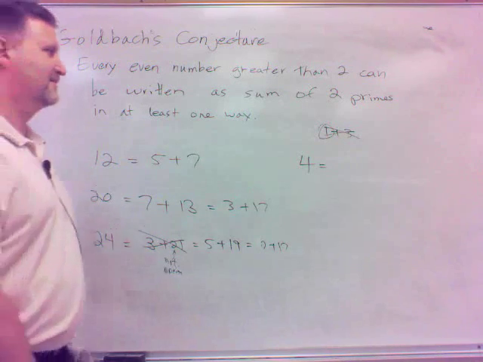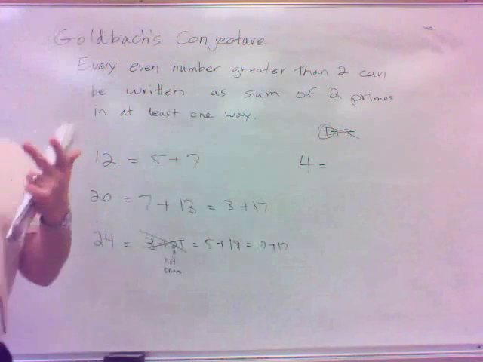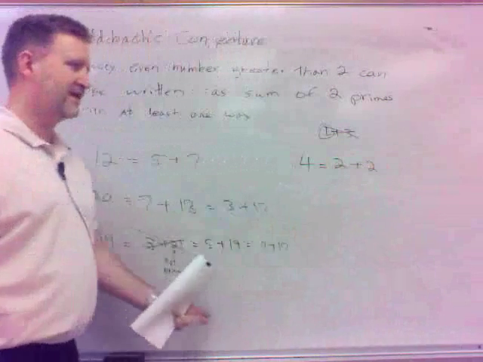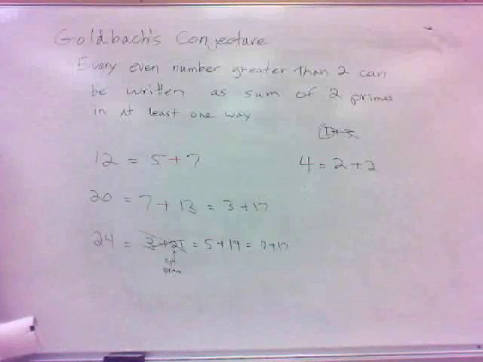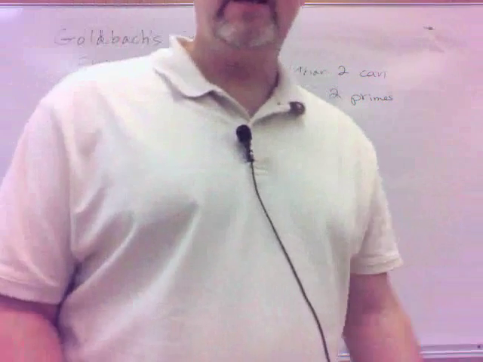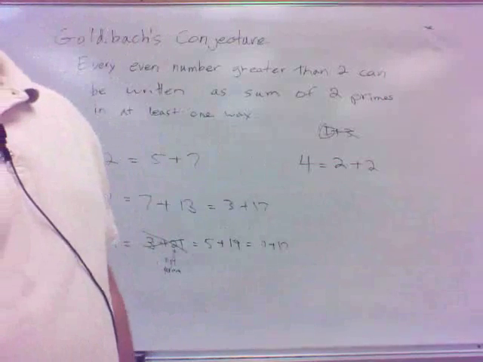So it wouldn't verify Goldbach. Now this one we'd have to use 2 of the same, wouldn't we? 2 and 2? Yeah, it doesn't say it has to be 2 different primes. So you could do 4 with 2 and 2, just like you could do 10 with 5 and 5. You could do it 3 and 7 too. But anyway, all right? So anyway, just a few little interesting